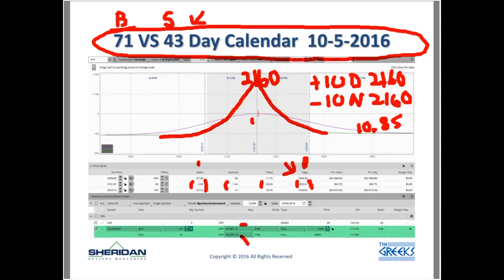So when I'm doing a 43-day calendar like this, in most situations, if we're at 2160, I'm going to start the calendar a little bit higher at the 2170 strike or the 2175, not because I'm bullish, but to offset the long vega or the volatility risk which you have if the market goes up. So anyways,